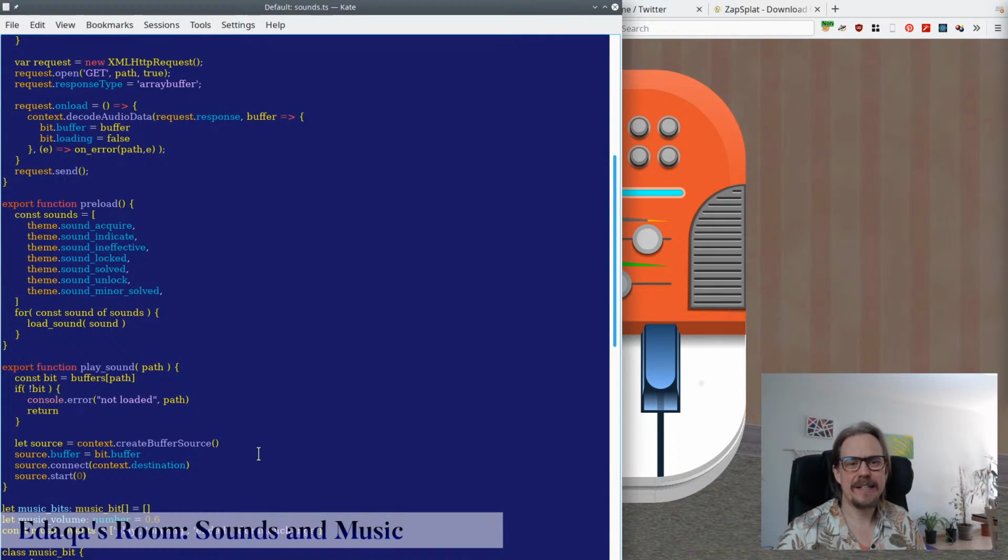That's correct. But you notice this source, this reference here, it disappears at the end of the function. So I'm not keeping a reference to it. And since I don't have a reference to it, these things also tend to auto-clean up. If it's playing, there's some reference somewhere in this context. This connect, this start, it's creating a reference inside this context somewhere. So there's a reference held to it. When it's done playing, and since I don't keep a reference around here, that object will eventually be cleaned up